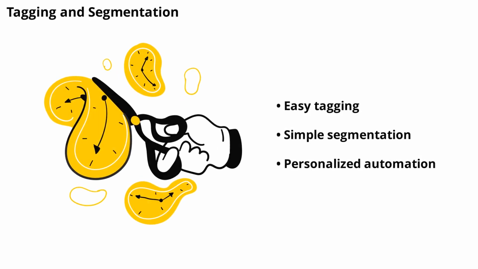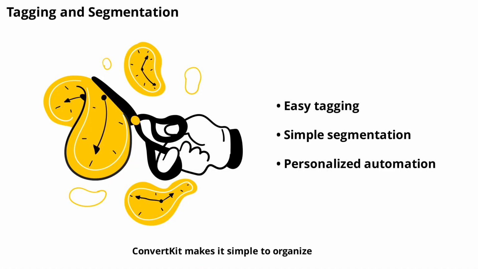ConvertKit makes it simple to organize your subscribers with tags and segments. This means you can send targeted emails based on user behavior or interests, all without complicated rules. For example, you can tag subscribers who click a specific link and send them a follow-up sequence automatically. This level of personalization is powerful yet easy to set up in ConvertKit, making your email marketing more effective and